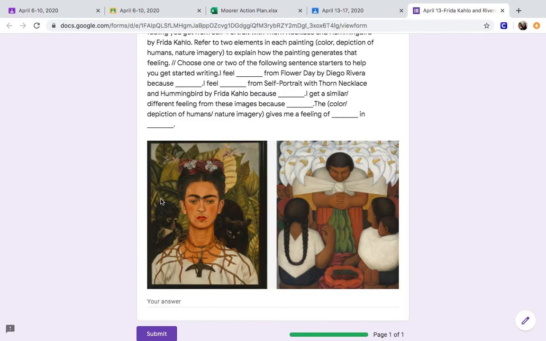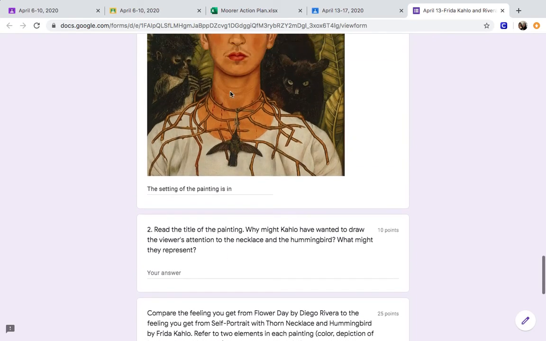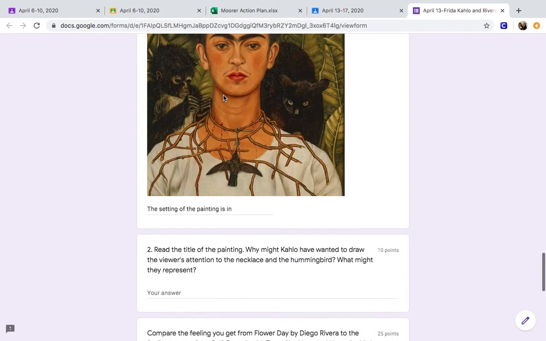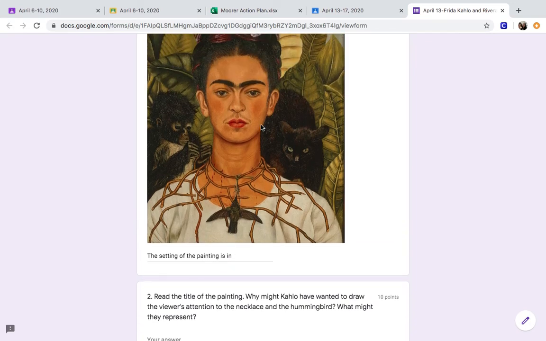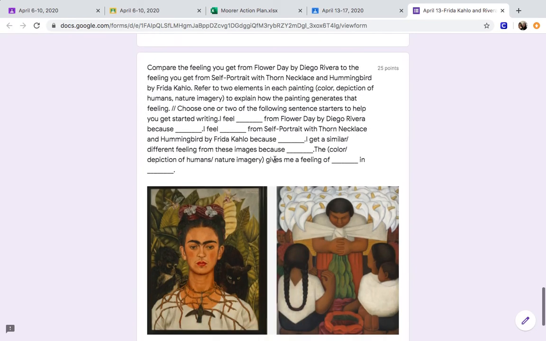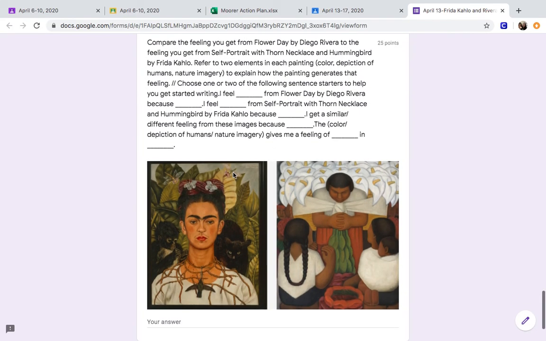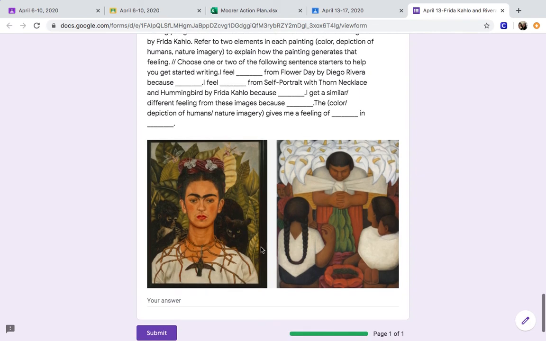A great place to go back to is this painting, these last two questions here, because you did a lot of work in thinking about what is going on with this thorn necklace and what the bird's part in this is. Why is she in the jungle in the first place? Okay, again, this should be 120 words. It should be a very sound paragraph with evidence from both paintings. Give me specific details from the